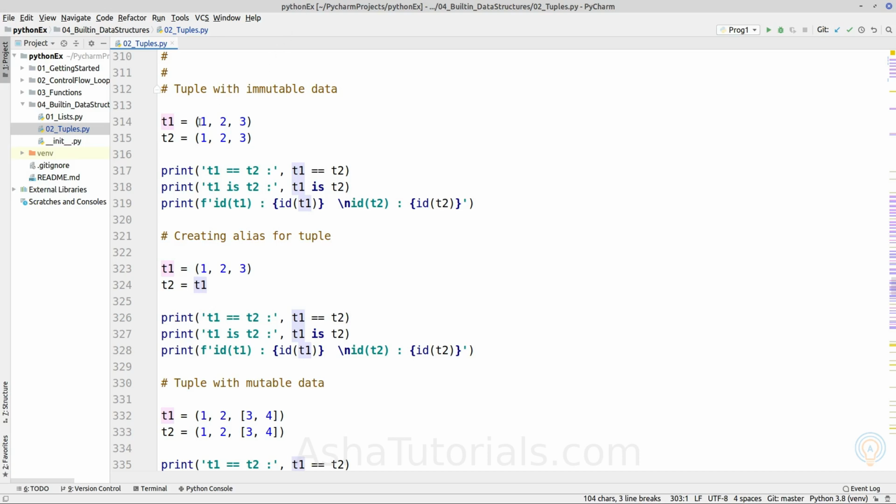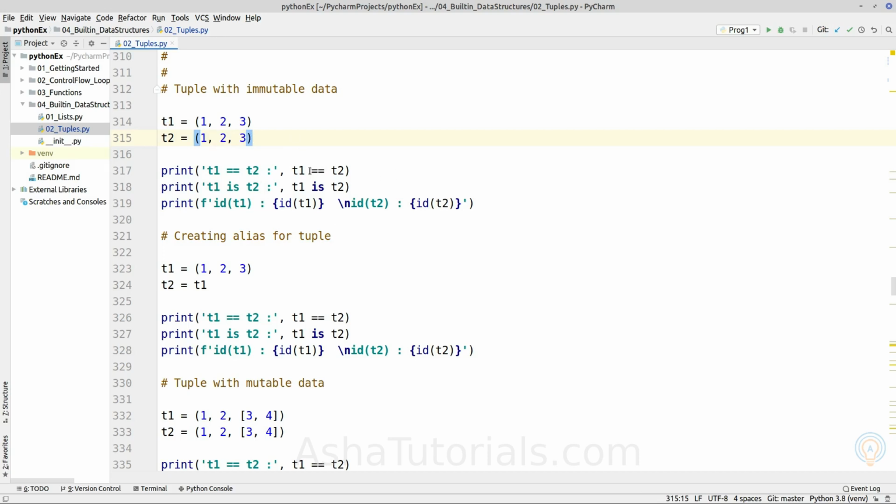Here we are constructing a tuple object having only immutable data types, in this case only integers. The first time it will create a tuple object, but whenever we construct the same immutable object again, it will check the memory, find that object, and return its memory address. So we will check here.